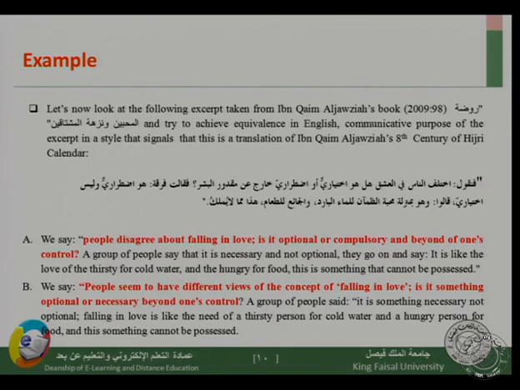We don't have time really to analyze every word of it, the difference between A and B, from the linguistic point of view, from the equivalence point of view, from the communicative purpose point of view, and even from the stylistic point of view. But I've given you just a taste of it, so that you appreciate translation as a process.